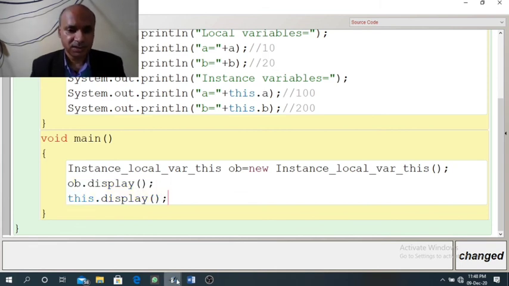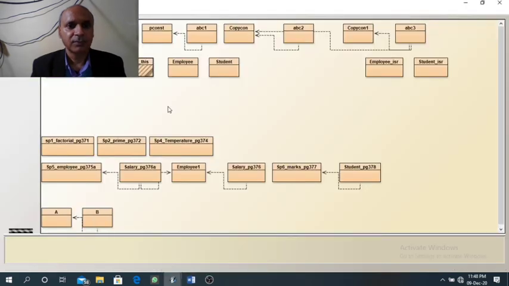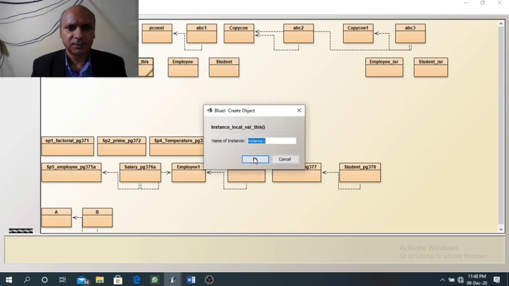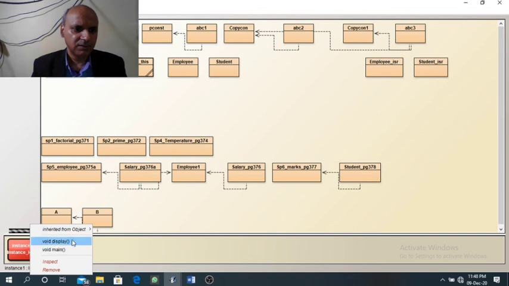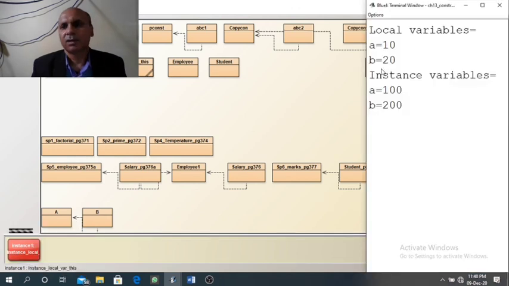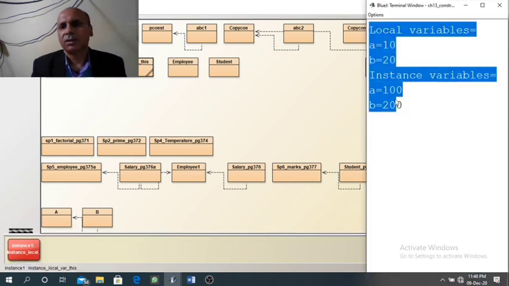Now let us see the result. So first I am creating the object. Now through this object we have two options to run, display and main. So when we run the display method, you can see local variables are 10 and 20 and instance variables are 100 and 200.